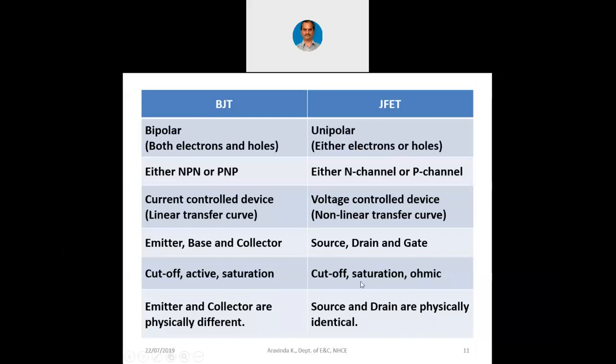Whereas in case of JFET, they called it the ohmic region because in the output curve, they can measure the slope. There is a finite resistance because of the N channel there. That is why they call it the ohmic region. Here they call it saturation because current is becoming constant. Now in BJT, emitter and collector are physically different. Emitter is heavily doped and it is a medium area, whereas collector is medium doped and it is a large area. So emitter and collector cannot be interchanged in BJT. They are physically different.